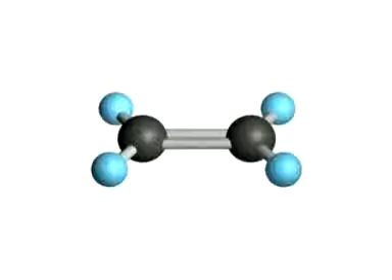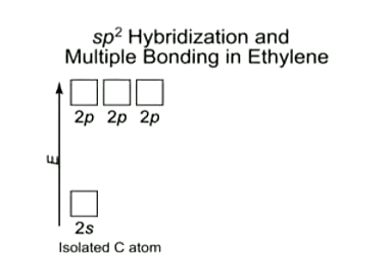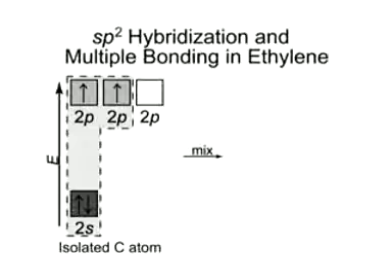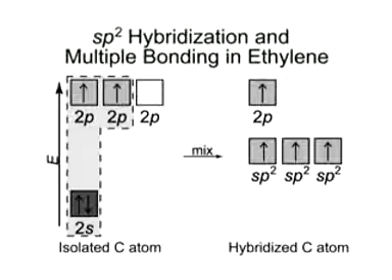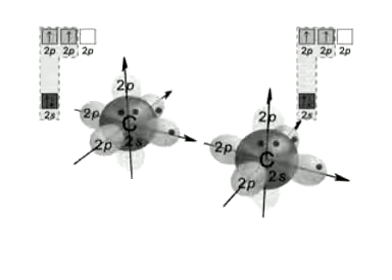Consider the carbon-carbon double bond in ethylene. Valence bond theory proposes that each carbon undergoes sp2 hybridization. Its filled 2s and two half-filled 2p's mix to become three half-filled sp2 hybrids, and the fourth electron occupies the unhybridized 2p. Let's examine the orbital view and highlight the two ways carbon orbitals overlap to create a double bond.